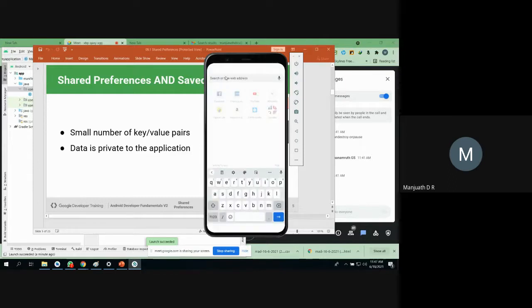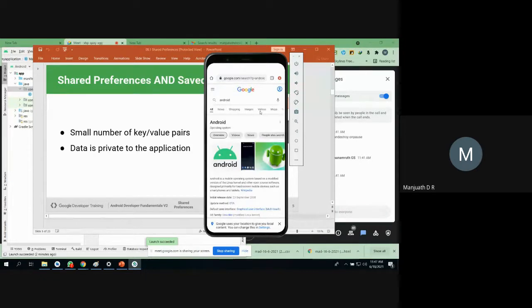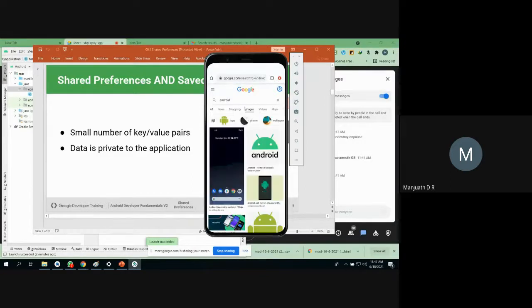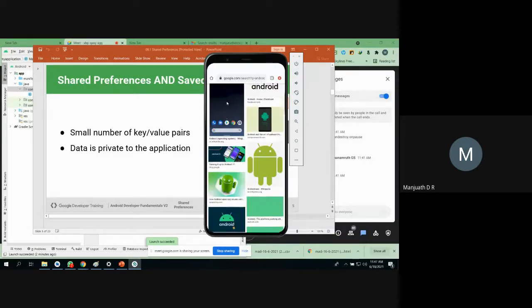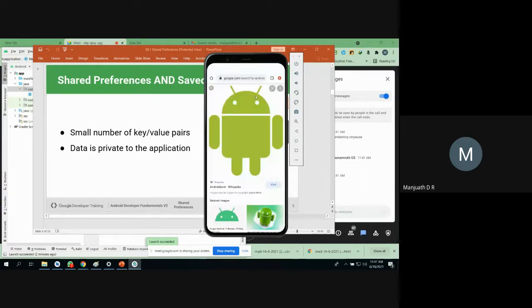For example, I have typed the keyword Android. Then I go to images and click on this image.